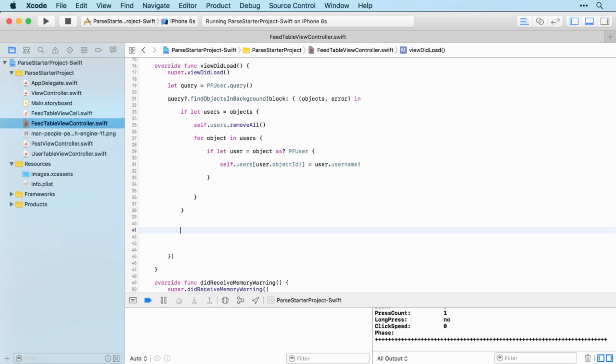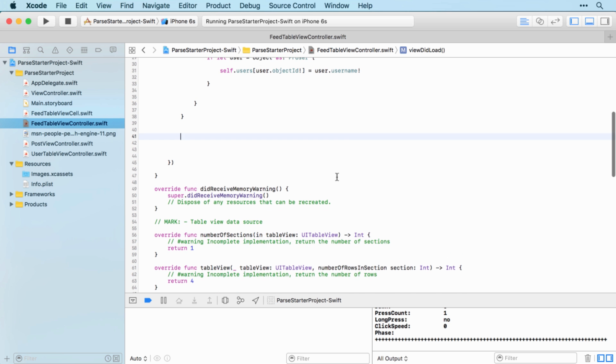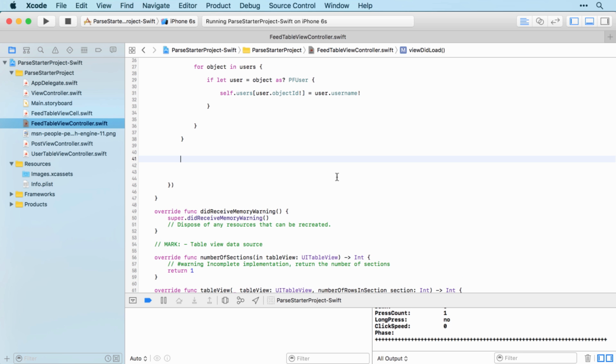Okay, so now we've got an array containing all of our users. So next, notice I'm putting this inside the closure because we want this to happen after we've done that initial query. So now we've got our full list of users. We're going to work out which ones are followed by our user because they're the only ones that we really care about. So let's create